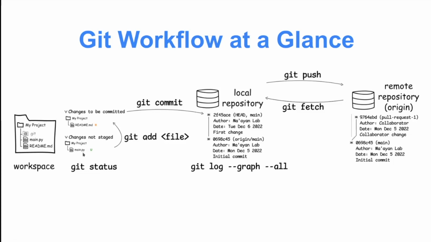So here we can see in this small example, I have some changes to this file called README, and then I have this U, which means it's untracked. So this main.py does not exist in this theoretical